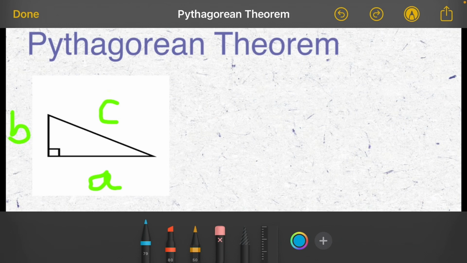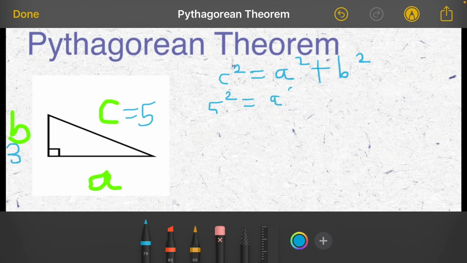Let's assume that the value for b equals 3 and the value for c equals 5. Let's write the formula for the Pythagorean theorem. It is c squared equals a squared plus b squared. C squared is going to be 5 squared, equals a squared plus b squared, which is going to be 3 squared. 5 squared is 25